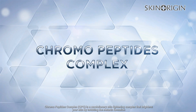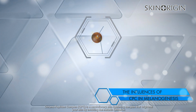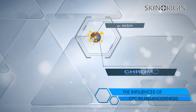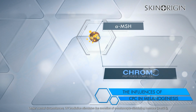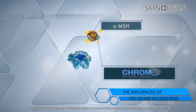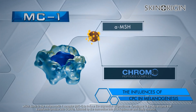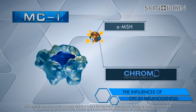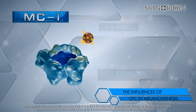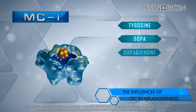Chromo Peptides Complex, CPC, is a revolutionary skin lightening complex that brightens your skin by inhibiting the melanin formation. Under normal circumstances, UV irradiation stimulates the secretion of alpha-melanocyte-stimulating hormone, which binds to the melanocortin-1 receptor to induce the expression of tyrosinase. Tyrosinase is the key enzyme that transforms tyrosine into DOPAs, followed by the conversion into dopaquinones and